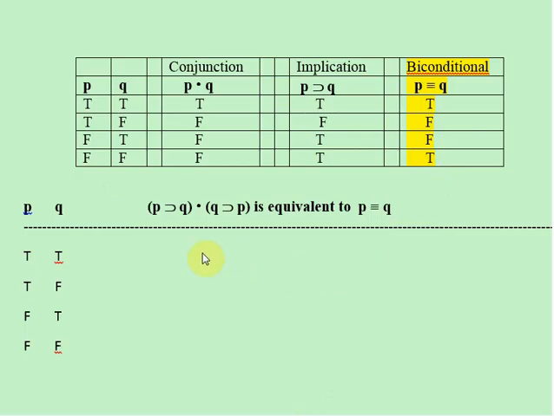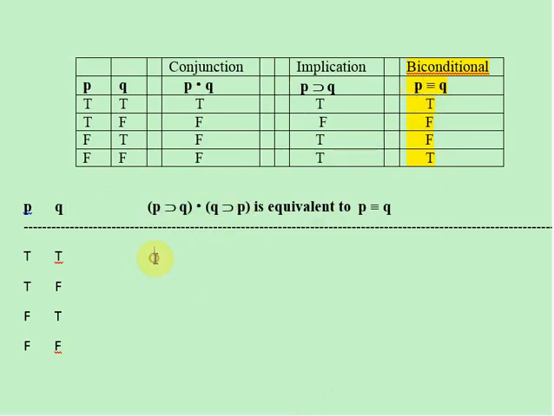Okay, so what I'm going to do is compute the truth values for the conjunction of two conditionals over here at the bottom. And the reason for that is because remember, P if and only if Q, that is P triple bar Q, is equivalent to if P then Q and if Q then P. Remember, that's what that means. This is something that we learned in section 6.1. Because they're equivalent, all I have to do is compute these truth values here and show you that whatever we get is what we're going to get over here in the highlights.